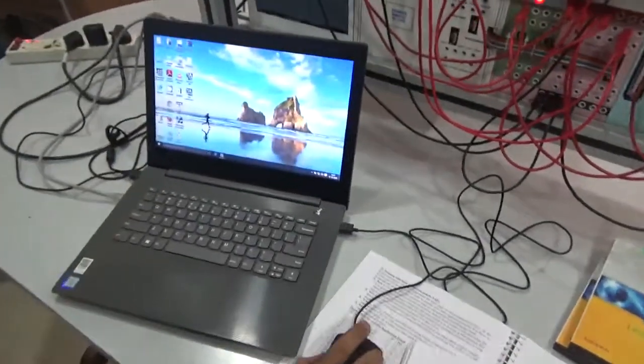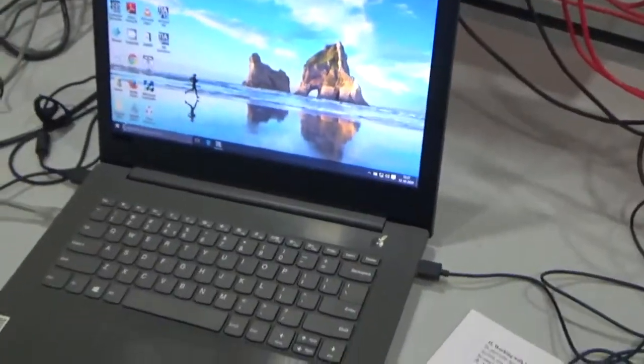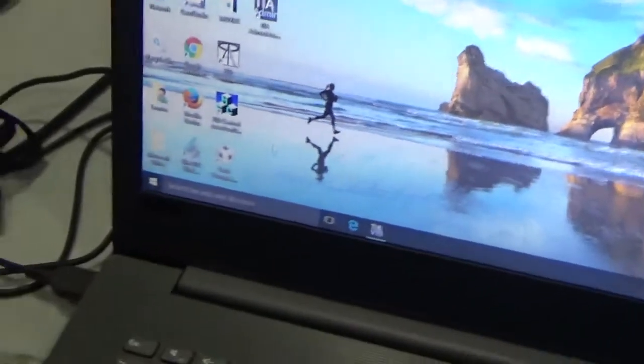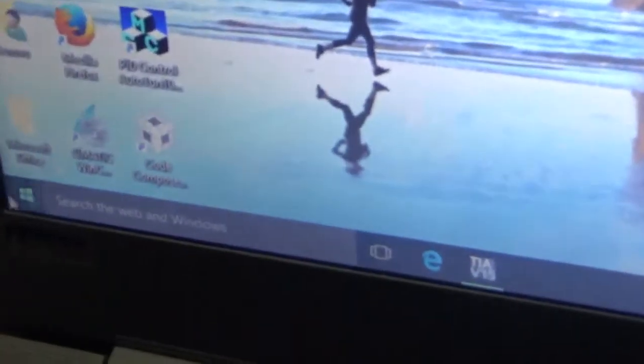So after installation of Schematic WinCC, the icon will appear.